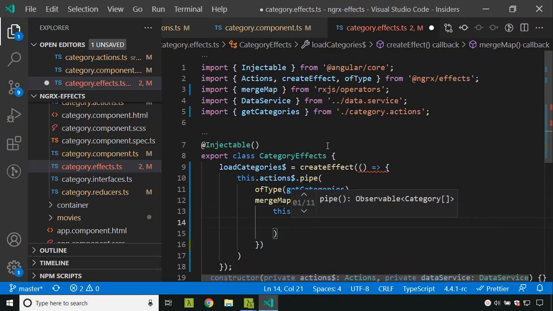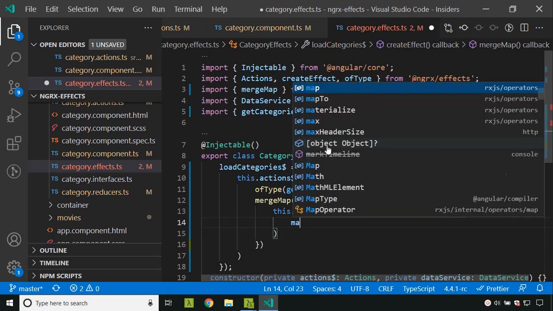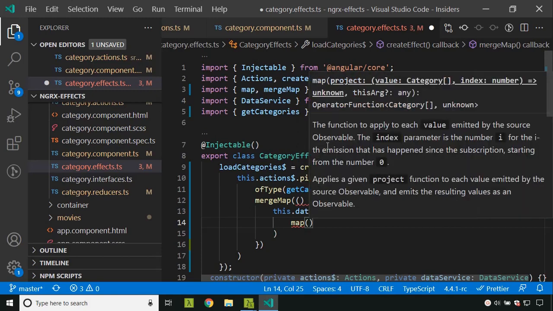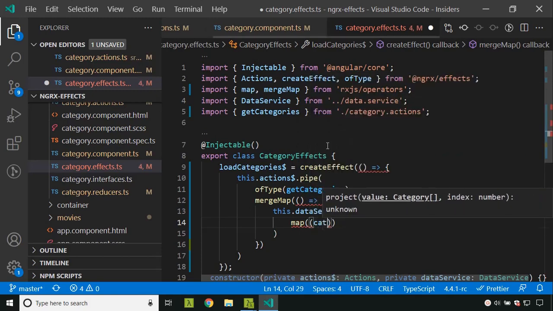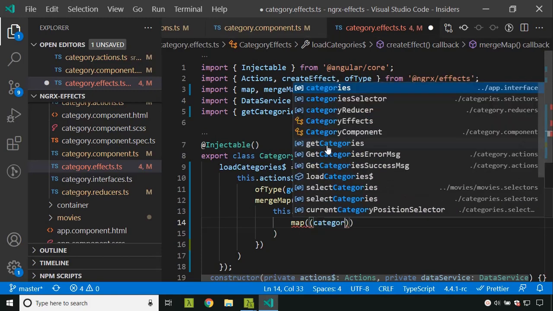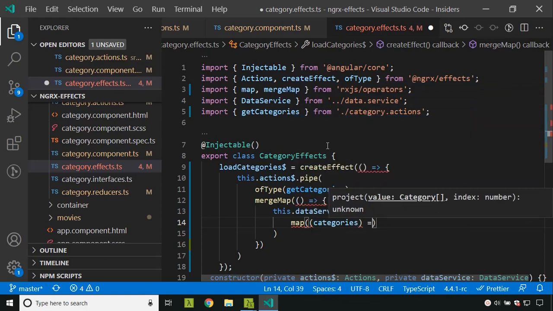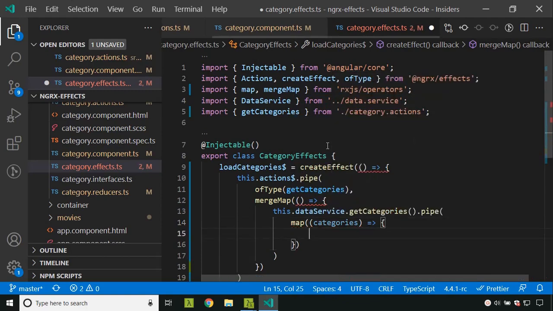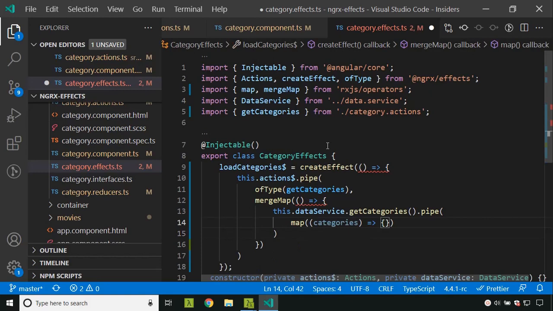So inside this, I am calling the map, and here I get the categories as a response to the network call. So I can just return. Basically what it does is I can create a new action and return it as response of the API.